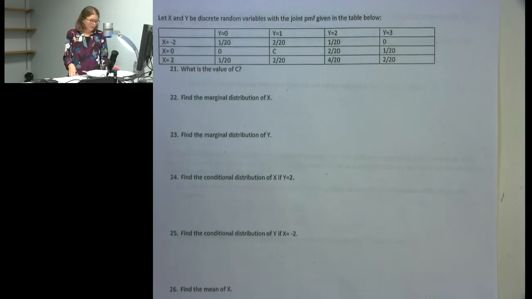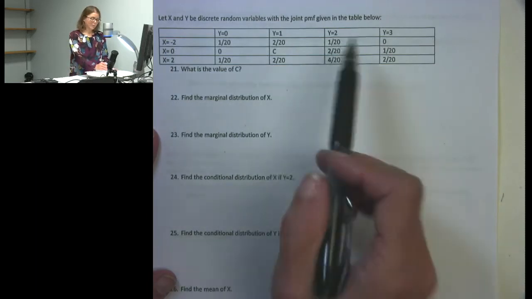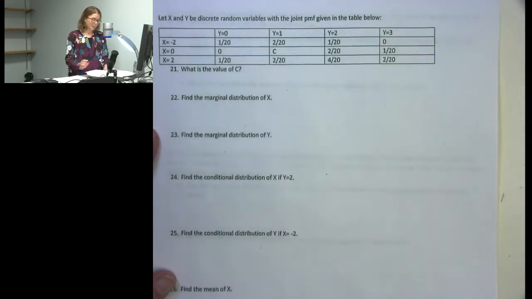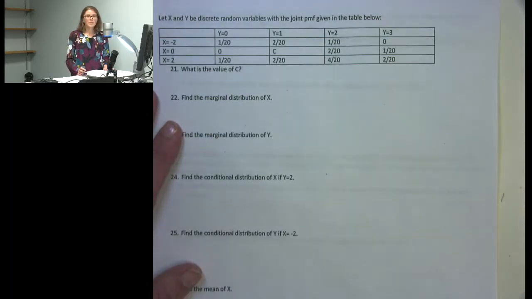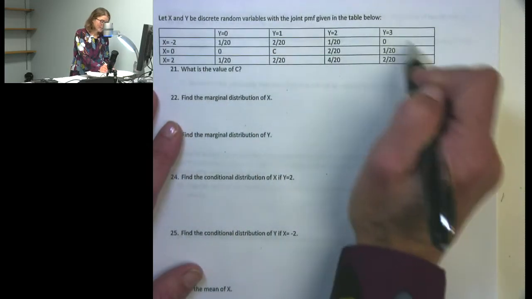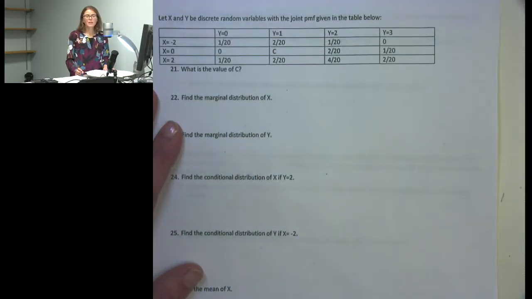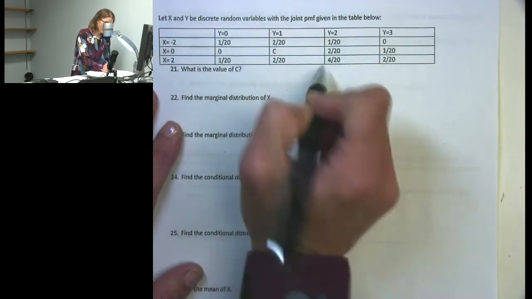This video is going to work through questions 21 to 30 in the review exercises for the midterm. Here we have x and y that are discrete random variables with the joint probability mass function given in the table below. We want to find the value of c. The thing to realize is that all of the probabilities in the joint PMF need to sum to 1. And so if I add all of these up,